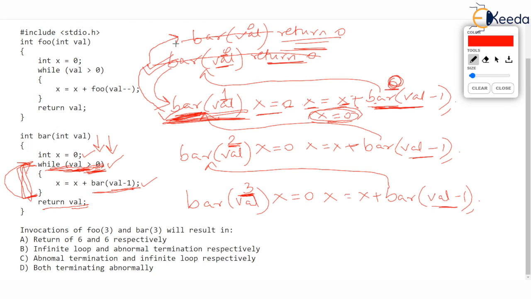This continues indefinitely. So this function is never going to end. It seems that bar with value 1 is playing with bar with value 0. They continue in tandem. So what's the option really? One thing is sure, that it's not going to give any output. So option A is out of question.